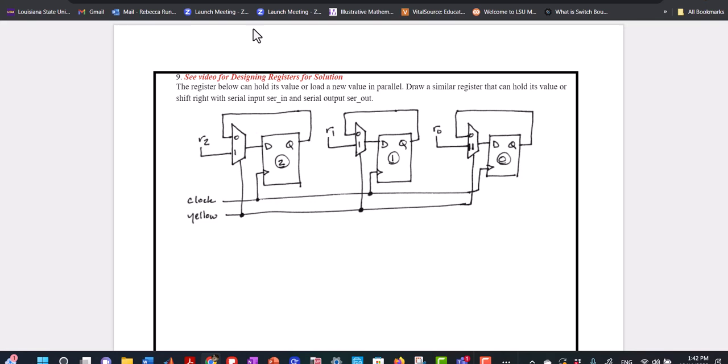If you look at what it's doing, R2, R1, R0 are what in the one I just did a minute ago were A, B, and C. I want y'all to tell me, in this one, yellow is the signal that tells you whether you are loading in parallel or shifting right. So for what value of yellow